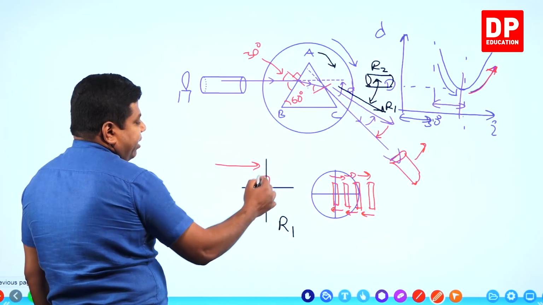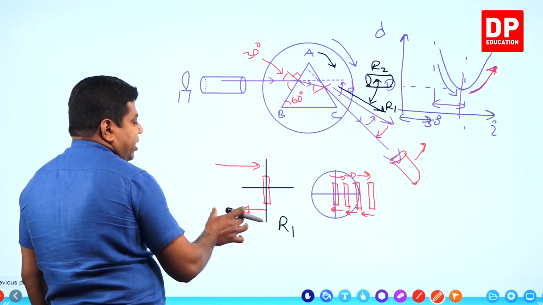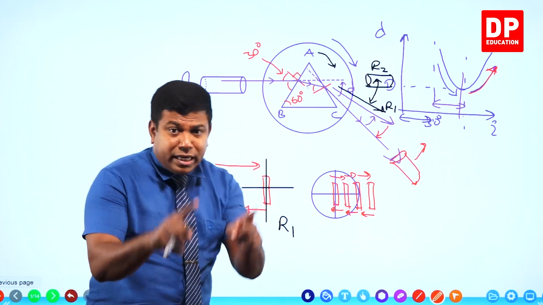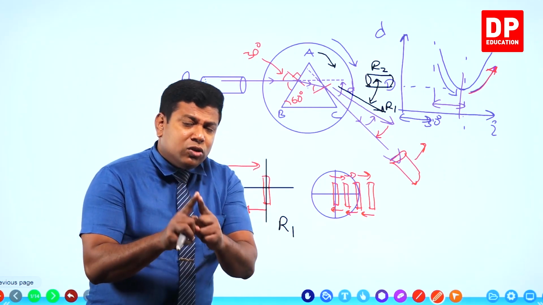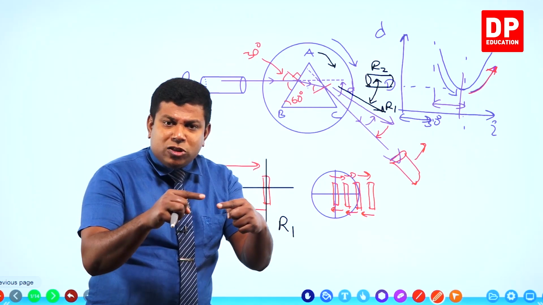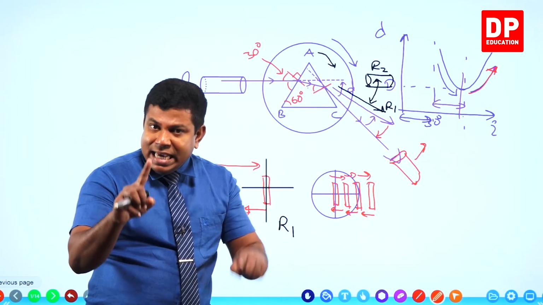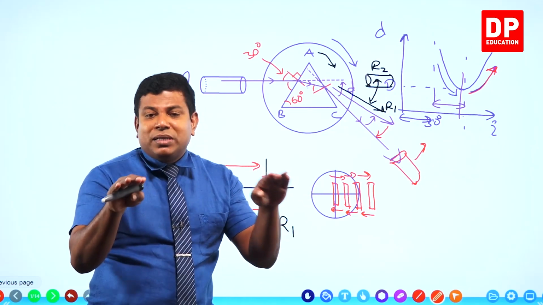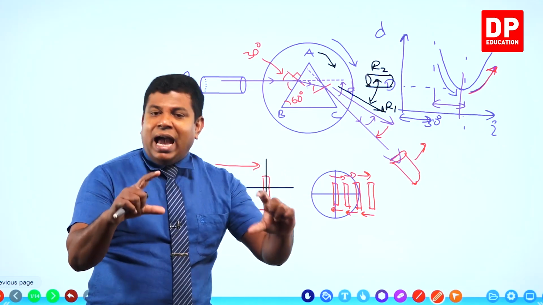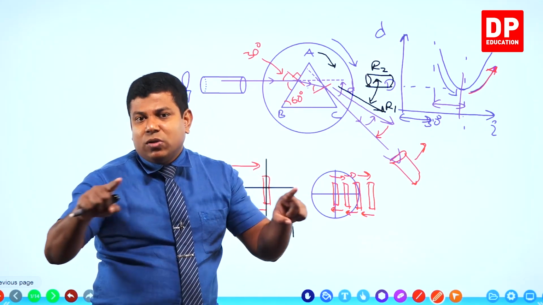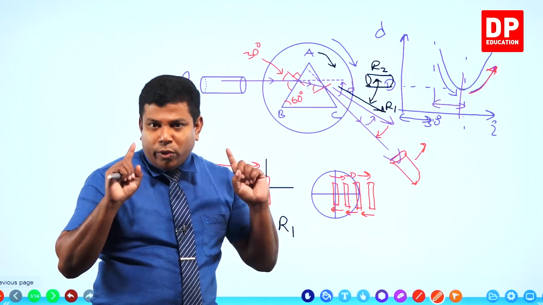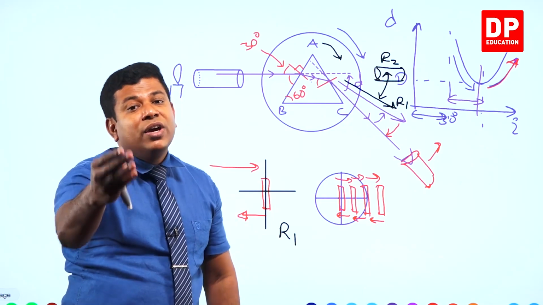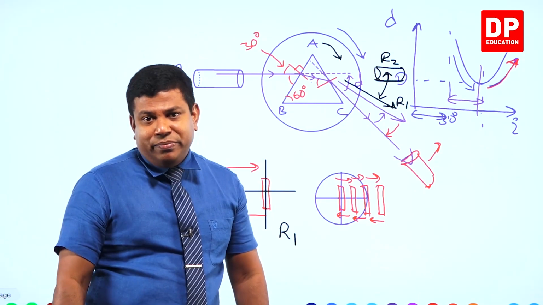Okay, if this is where the image has stopped, then adjust your telescope such that this vertical line is symmetric, or the image is symmetric about the vertical line. How about the horizontal line? Would the image be symmetric about the horizontal line? Yes, it will be. If you have already leveled the prism table, the image has to be symmetric about the horizontal crosswire. You don't have to worry about that now. If it is not symmetric about the horizontal crosswire, it means you have not leveled the table. Clear?